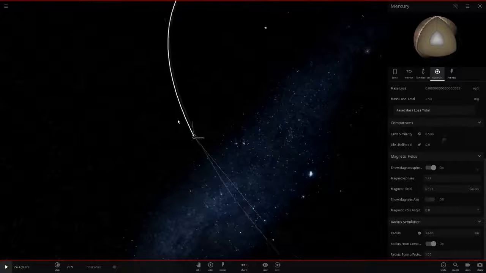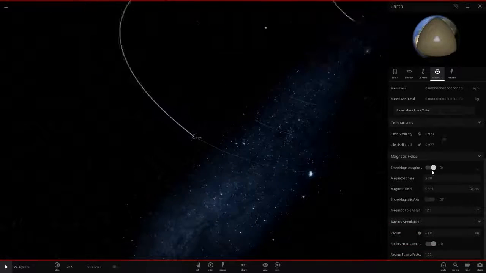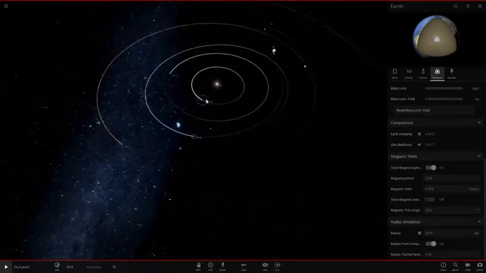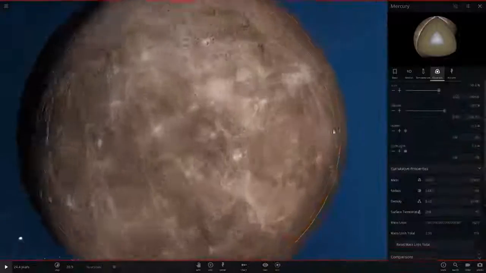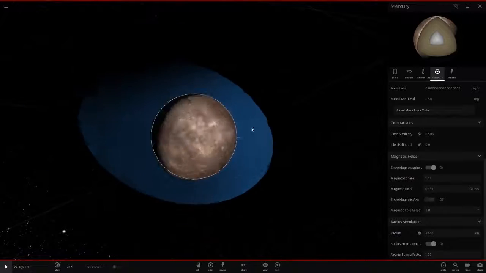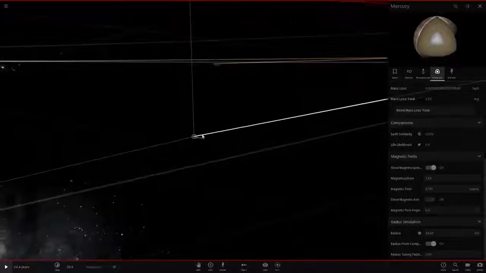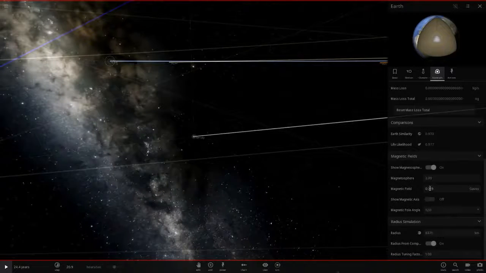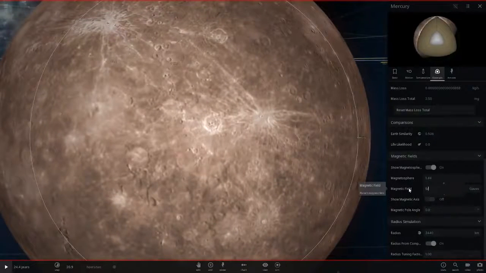If we quickly compare to good old Earth over here, we zoom in here, press the enter bar. Look, Earth's is a lot bigger here, so we're going to have a little bit of work on Mercury's one. We don't really need to increase the size of the planet, but we're going to start off by making this a little bigger. Because we're closer to the sun, we may need a little bigger magnetic field. So I think we'll do double the size of Earth here. So Earth is 319. So let's do about 7, so 0.7